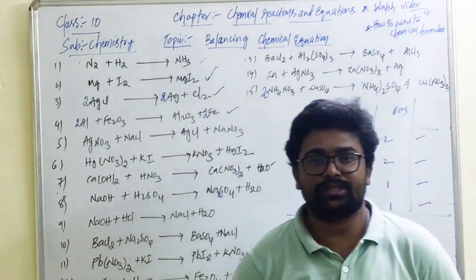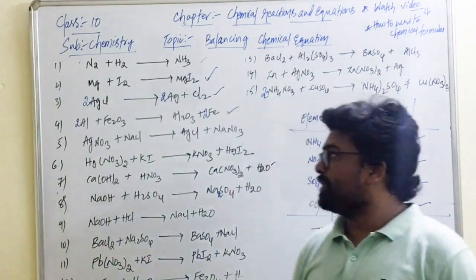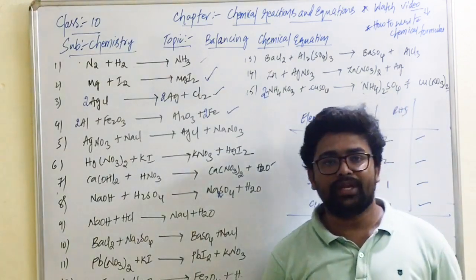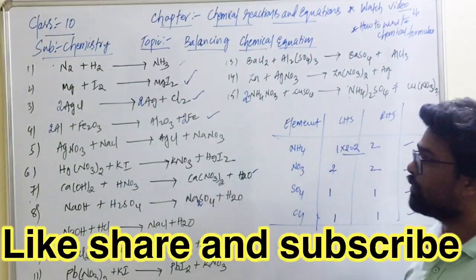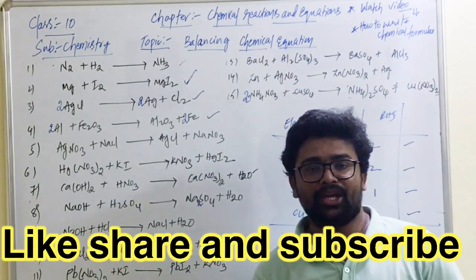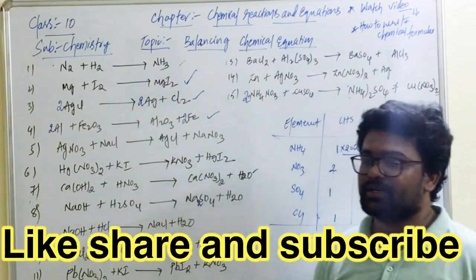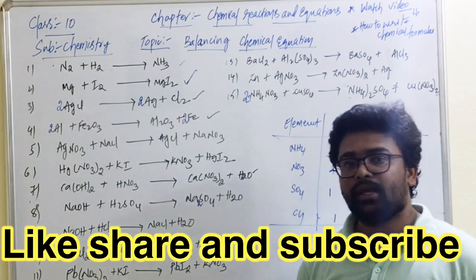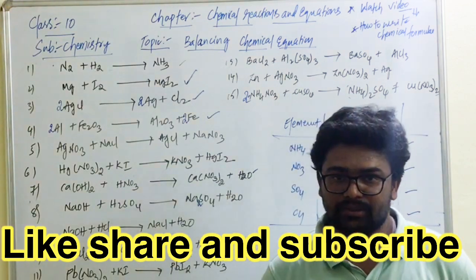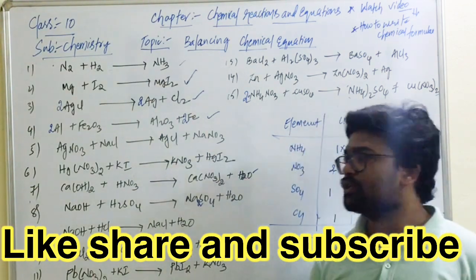Hope you have understood these. Okay, so please do practice all these, it makes it very easy. Okay, that's for the day, students. So this is about balancing chemical equations part 3. The next session we will study the chapter chemical reactions and equations part 4. Okay, about different types of reactions. Okay, hoping you have understood this class.